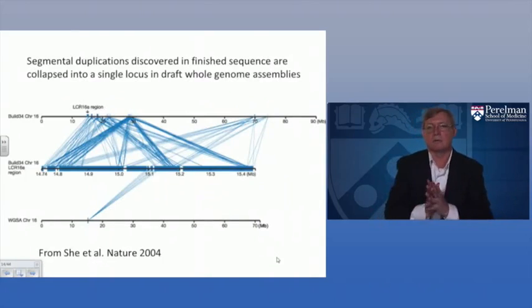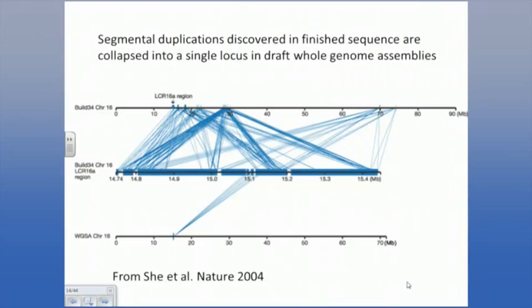I like this figure. This really illustrates what I think is one of the key important aspects of having a finished sequence. You see on the top the finished sequence of human chromosome 16, and on the bottom you see the whole genome sequence assembly for chromosome 16. And in the middle you see a segmentally duplicated segment of DNA that was all completely collapsed into a single tiny locus in the whole genome shotgun assembly, but clearly present in many locations just within chromosome 16 in the finished sequence. And this illustrates